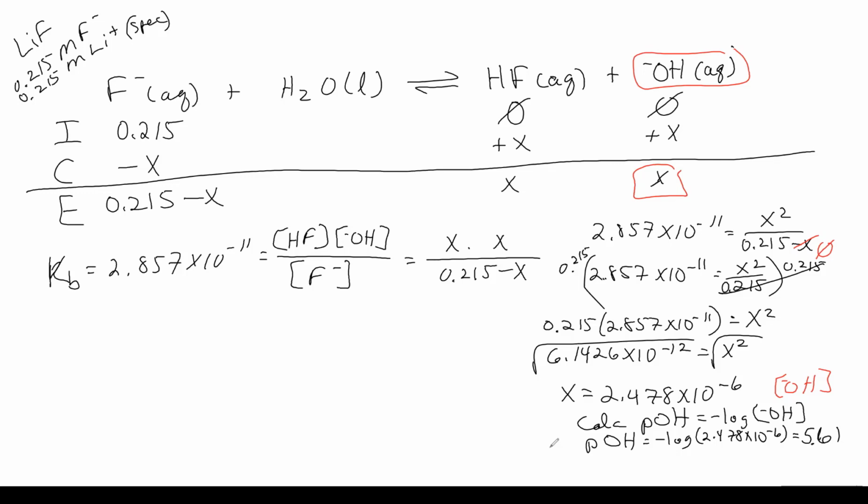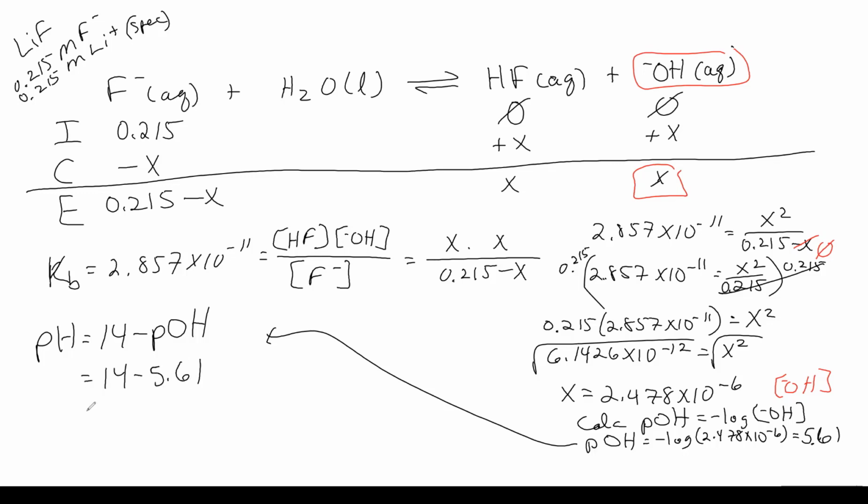Now we have to calculate our pH. Okay, so let's go up here. pH is equal to 14 minus pOH. And it's 14 at 25 degrees C, which we are at. And so all we have to do is plug in, and we end up with 8.39